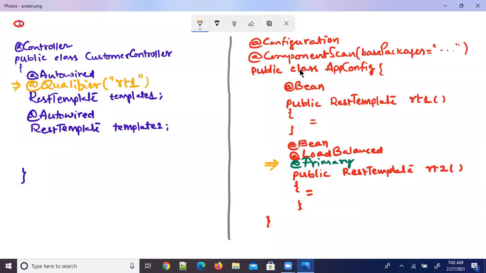By writing the code like this, to this reference variable template 1, the ordinary REST template object is injected, autowired. And to the second reference variable, the load balanced REST template object is injected. So like this, you can find the difference between primary and qualifier.